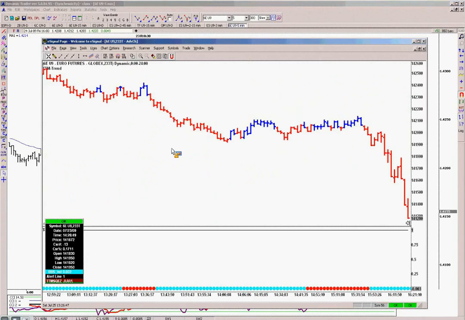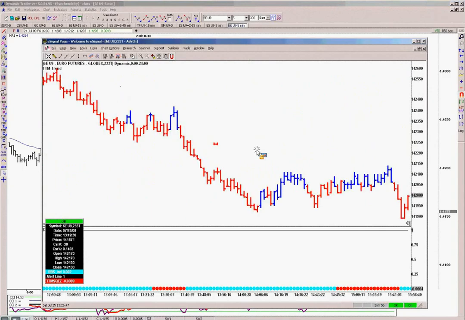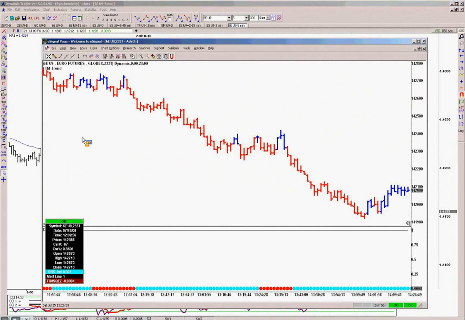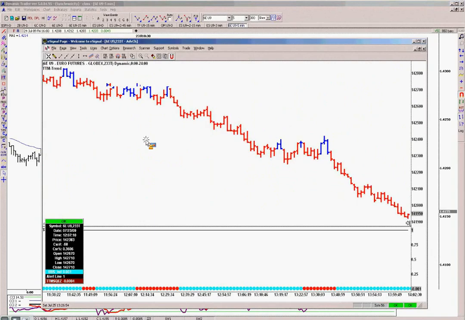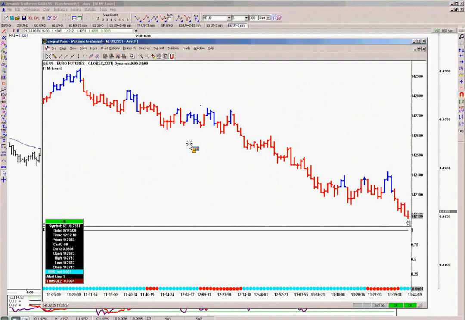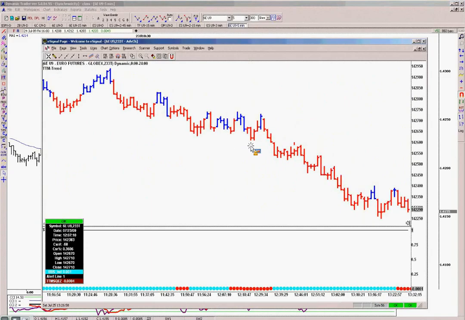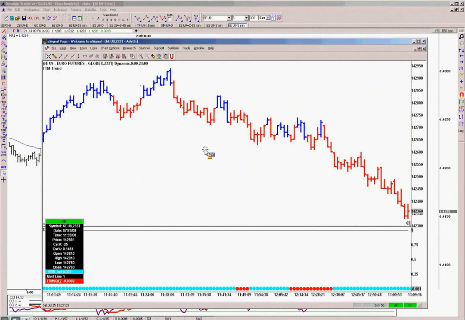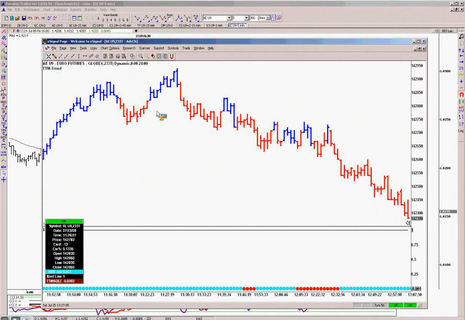Okay, I want to get it over where it made that high at 142.94 and show you how much quicker you would get in by using a tick chart. Okay, here it comes, here it comes. It probably would show up a little bit more easily on an 89 tick chart. I don't want to try and mess with that right now, but I'm going to show you where it would